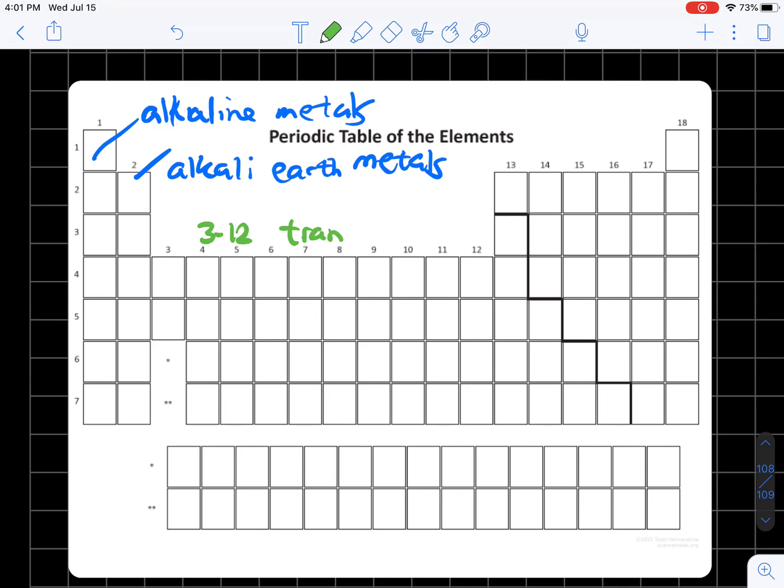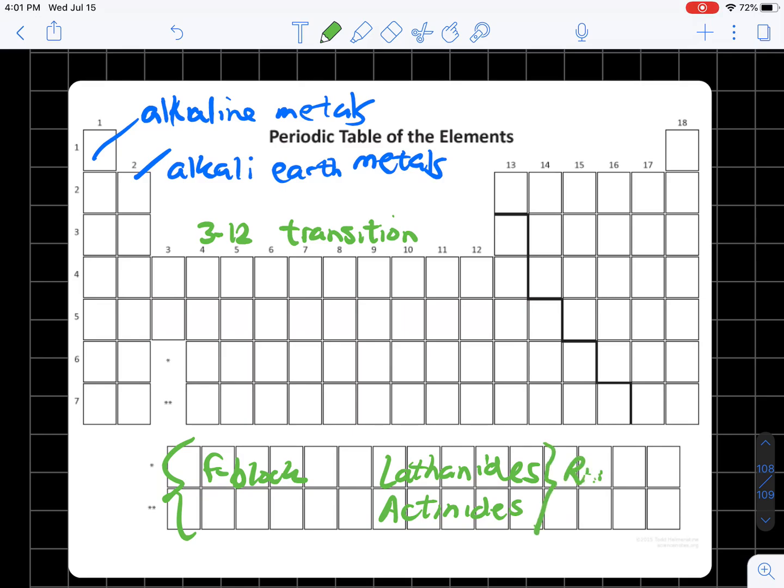Three through 12 are called transition elements. And these right here in the f block, we're going to call the 4f lanthanides and the 5f actinides, or you can collectively call them